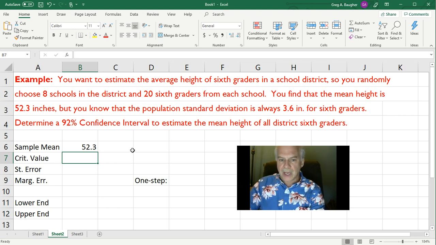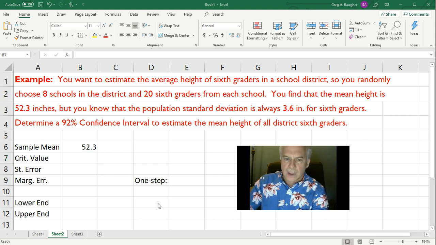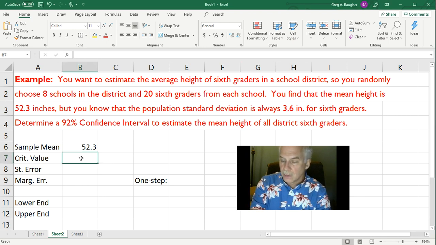So you're going to have to calculate the critical value using the norm.inv command. Okay, so equals norm.inv,